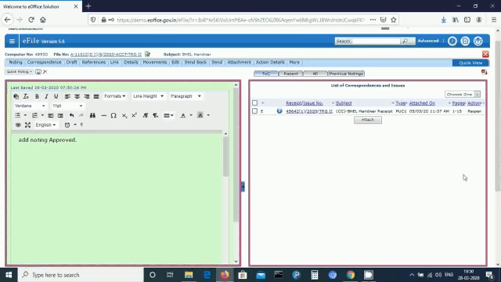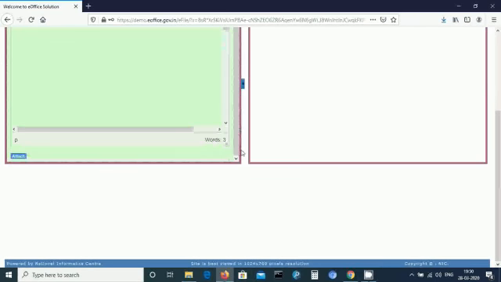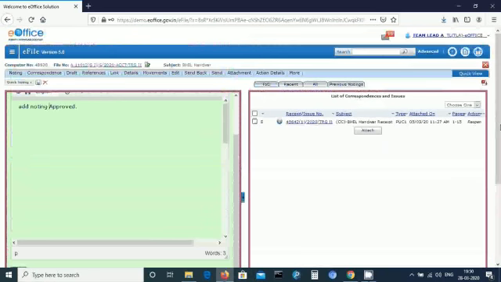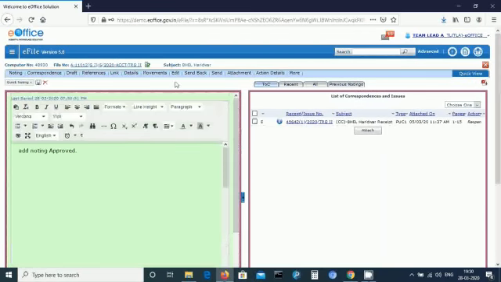There are further options available at the note sheet. If you want to attach something, a letter or a correspondence, to this note sheet, you can attach it with the attach button available at the bottom. And there are a few functionalities given above the note sheet. If the person has given the subject wrongly, then he can edit that subject by clicking the edit option. In this, only the subject gets edited, but the file number will remain the same.